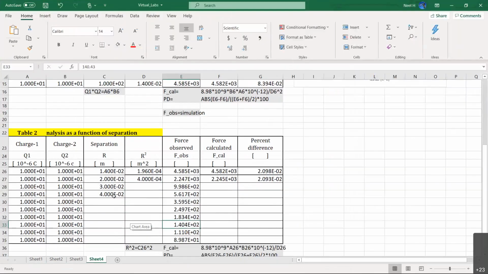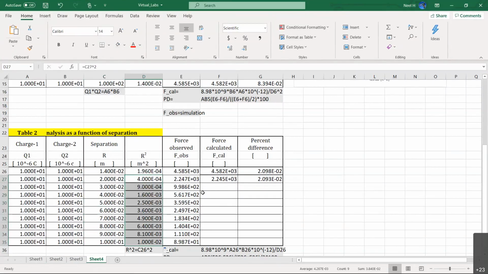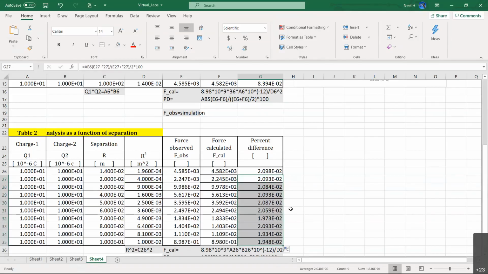That's all. Then we know this is 0.05. Let's complete that: 0.06, 0.07, 0.08, 0.09, 0.1. And then the calculation is very simple. If you use Excel, you just need to click and drag. We only have to do the first row. Then you can see you can finish this calculation very quickly.